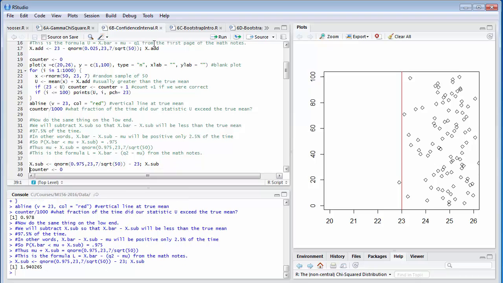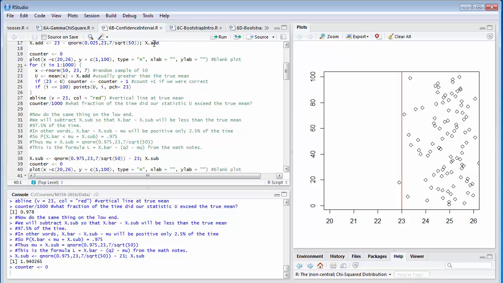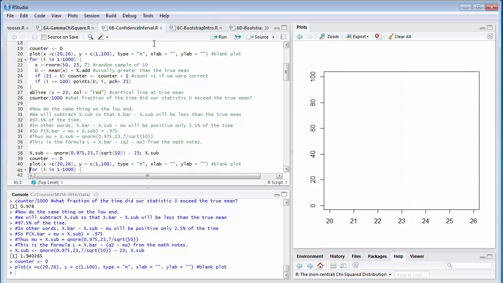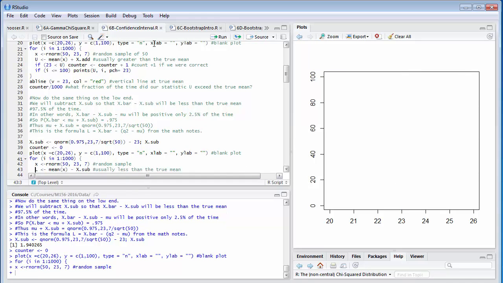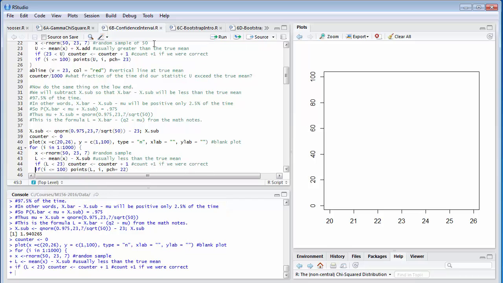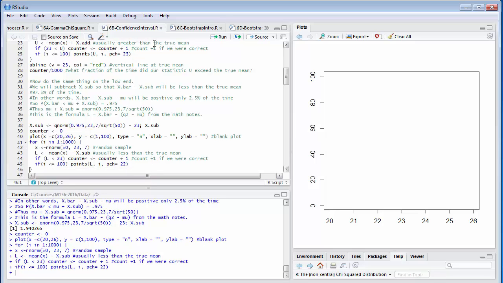Okay, there's our computation of x dot sub. I can compute that, by the way, only because I know everything about the population from which I'm drawing these samples. And we'll do exactly the same thing. Set up an empty plot. Draw our sample 1,000 times, subtract something to get the lower end of the confidence interval, add 1 to our counter if we successfully get something that is less than the true parameter of 23,